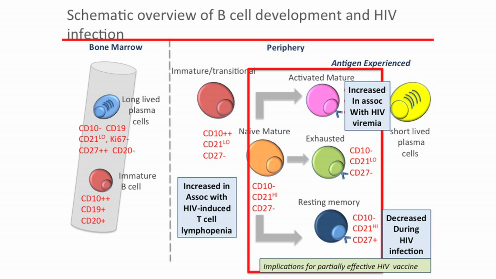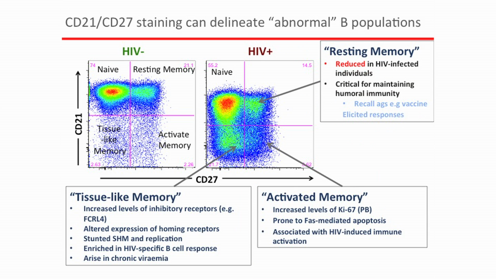So let's just consider this as if we're at the flow cytometer. This is a flow plot of CD21 and CD27. This is an HIV negative individual, and this is an HIV positive individual. Straight away you can see that these are not equal,